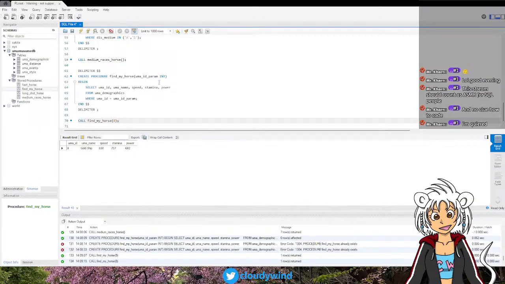In fact, you can pass in more than one parameter. You can pass in whatever parameter you want, I think. But basically that is how you write a stored procedure. Yeah, I think I can pass in more than one parameter, because if I have a join table,